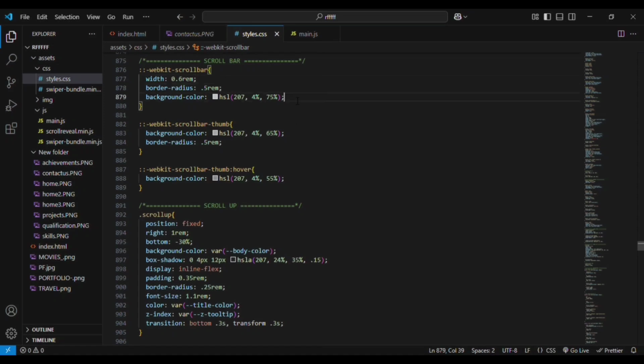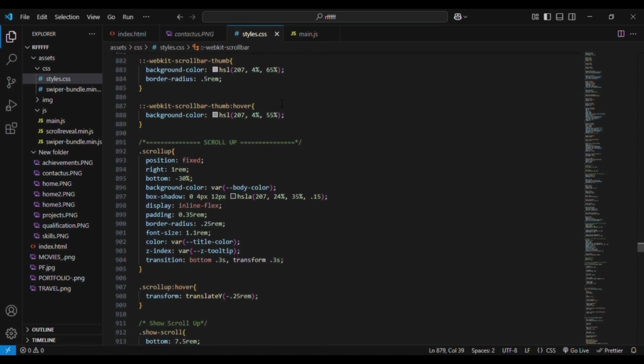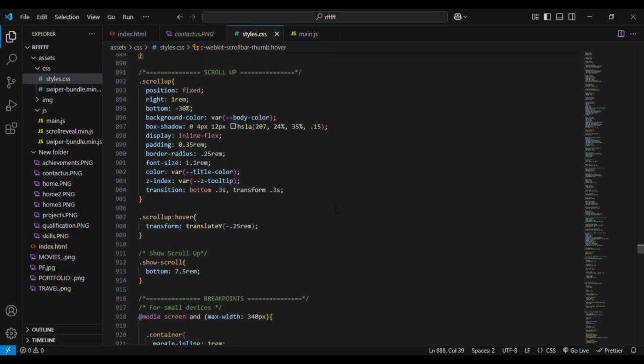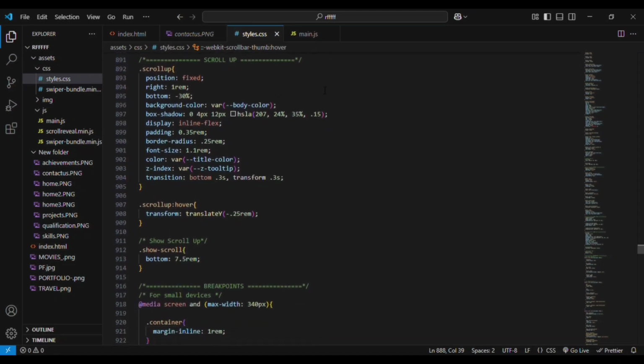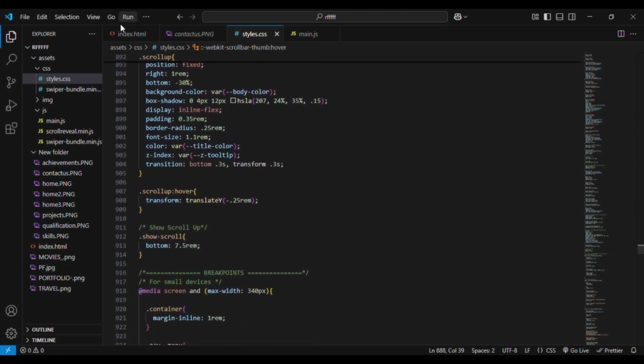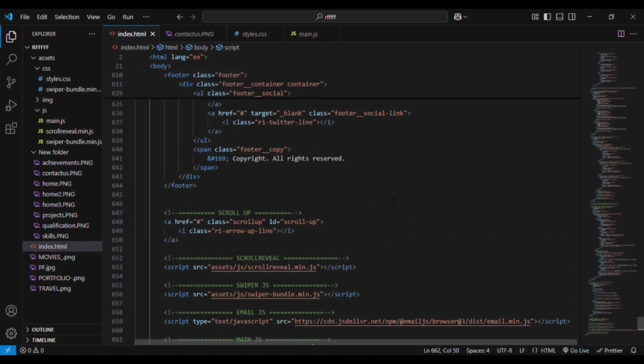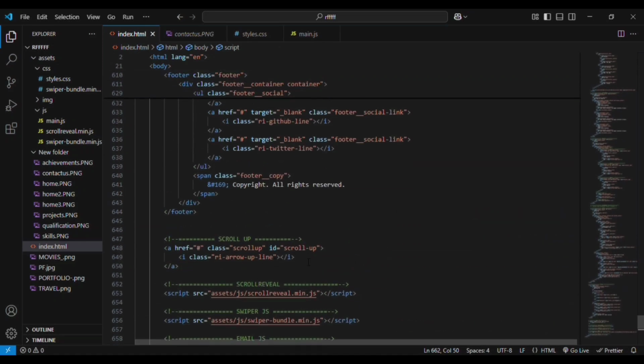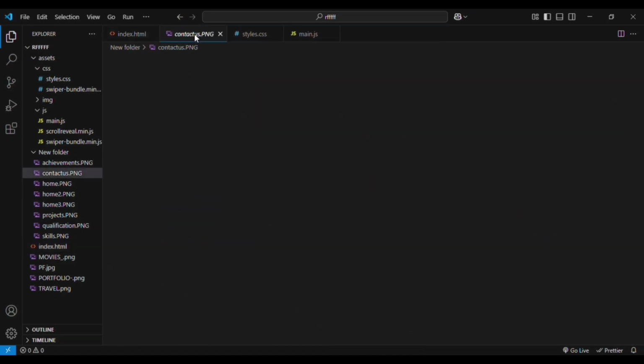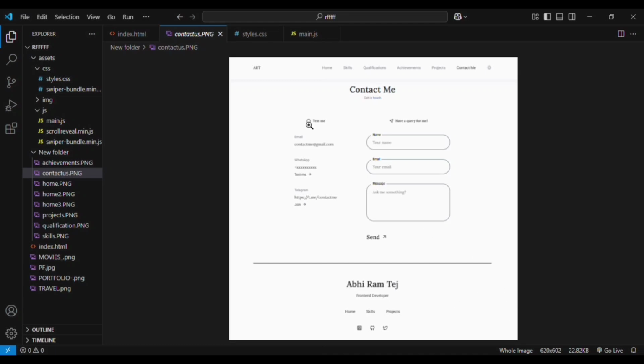You can see here also in VS, when I hover onto it, the color will change to a little more light. You can see this is a scroll up button that we have added at the bottom of the page, right? That button is nothing but, whenever you click on it, it will move you back to the starting page. For that, we are adding the font size values, and